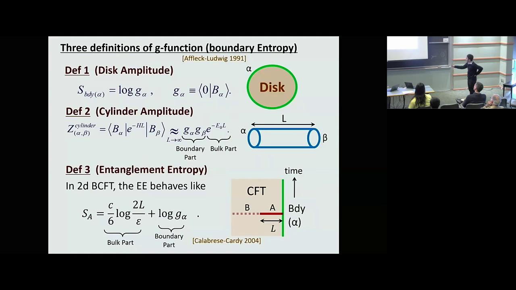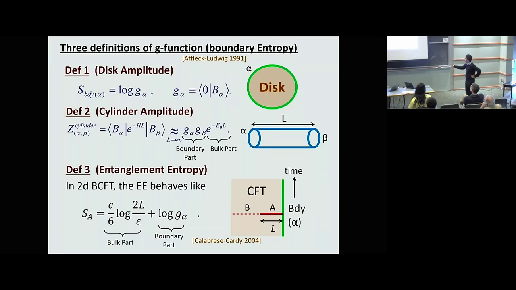So entanglement between A and B, quantum correlation, is computed by entanglement entropy, and there is a well-known result that we can derive very easily by using the replica trick. We can put some twist operator here. There is a logarithmic term, but c over 6, not c over 3, because it's only half, right? You can imagine some mirror method that gives c over 3, but we have half of that because we have only the left half, and it's like length over epsilon.